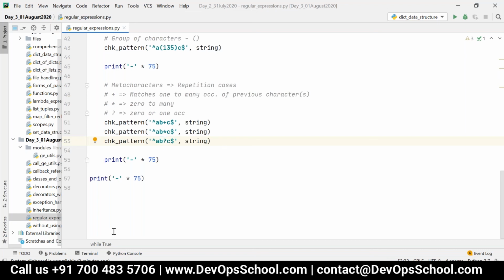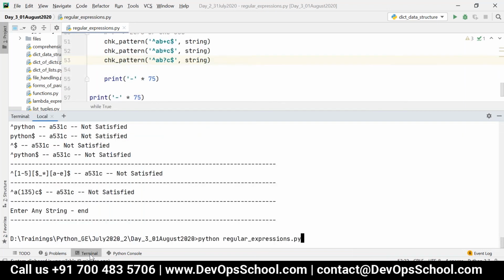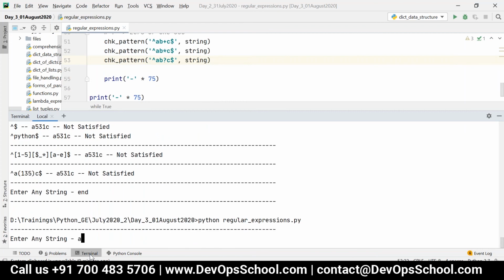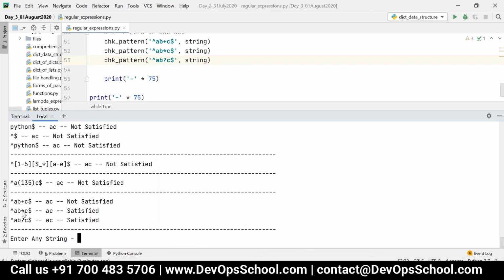Got it, Ajmal? So if I give some inputs, let me say AC. That is, between A and C, there is 0 occurrence of B. So now which will be satisfied? B star and B question mark will be satisfied, right? Star means 0 to many occurrences of previous character.